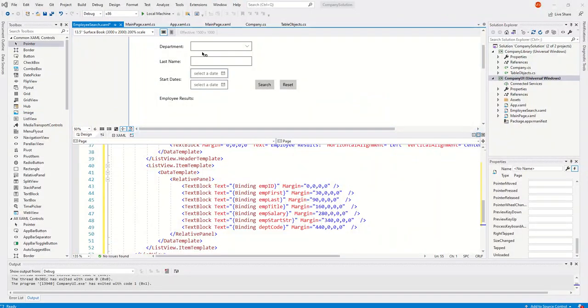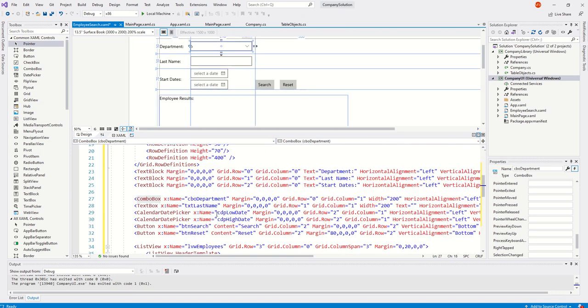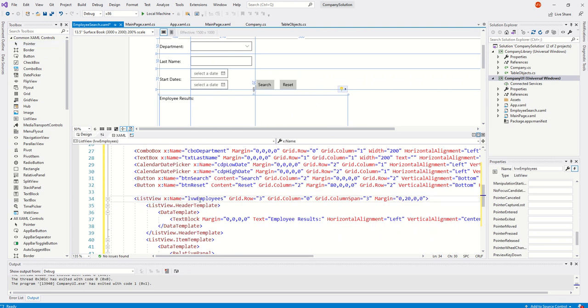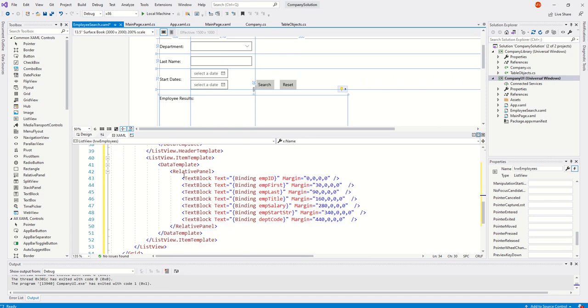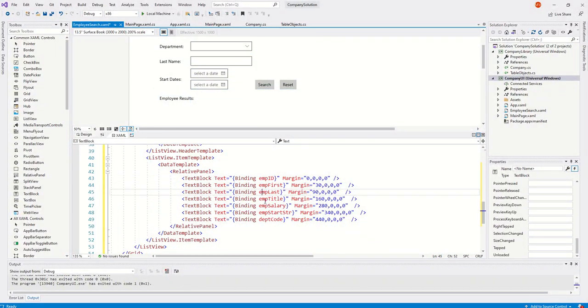So here's our user interface for this employee search and filter page. I've got my department combo box here called cboDepartment. I've got a nice grid lining everything up. Got some buttons here for searching and resetting. And down here underneath employee results, I've created a list view. Inside the list view, you can see that I have created a whole bunch of text blocks that are all bound to the various employee